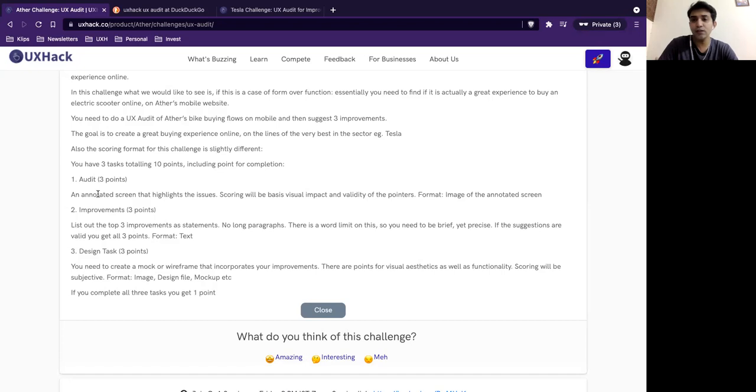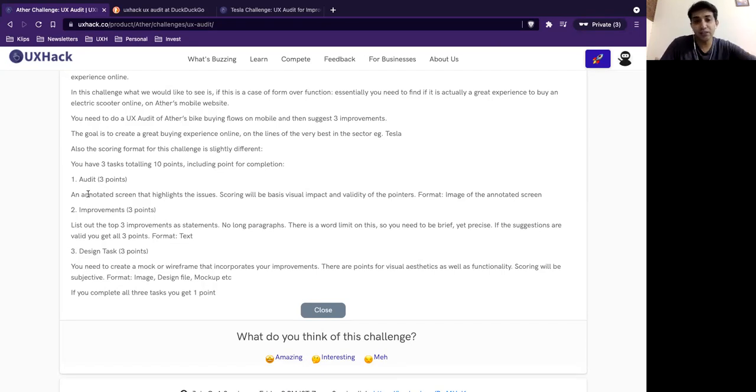And each one, so for example, I'll go through what each one means, right? When we say audit, we don't want you to do too deep exercises, but an annotated screen. Now, what is an annotated screen, etc.? Some of you might already know how to do that part, but for those who don't or are doing it the first time, I'll share some examples on the forum. And you can also look up yourself. But I'll share some examples on the forum as well as the WhatsApp group of what an annotated screen looks like. It basically has to be an image.